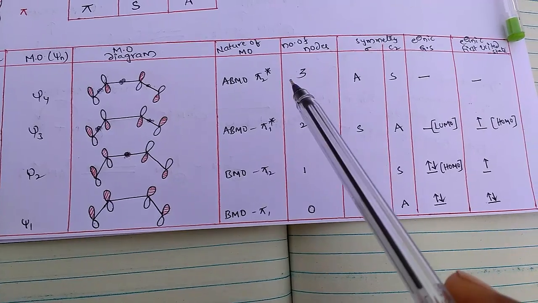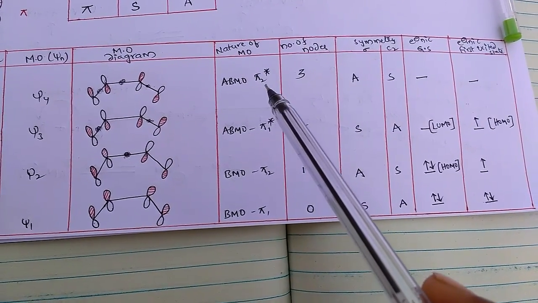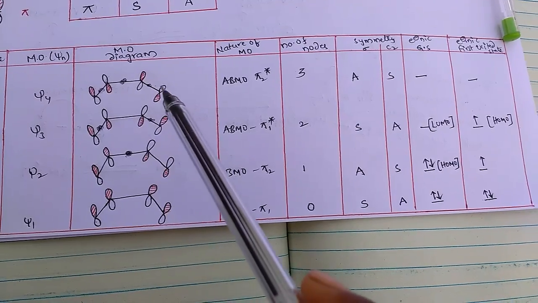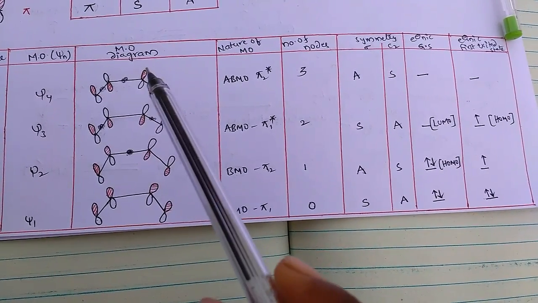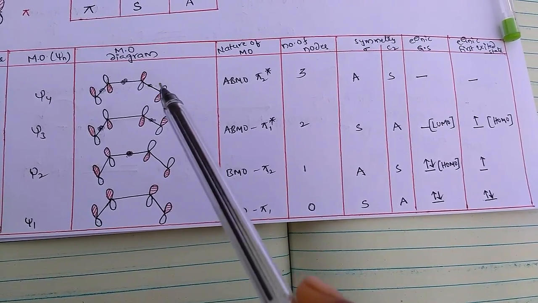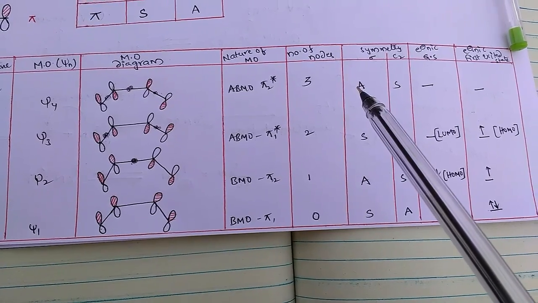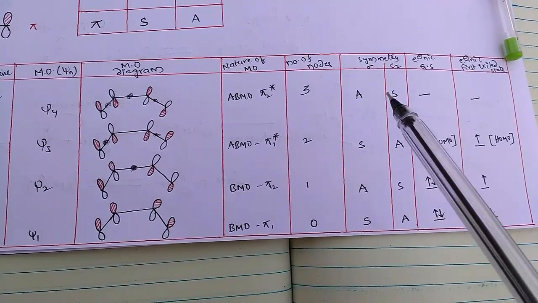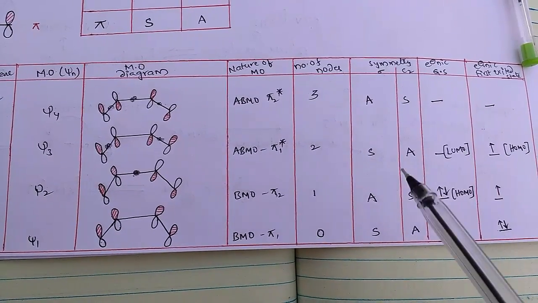And if you observe the anti-bonding molecular orbital psi2*, there is no symmetry observed in the representation of this molecular orbital diagram of 1,3-butadiene. There is no plane of symmetry, that's why it is anti-symmetric (A). Right. And if you observe C2,